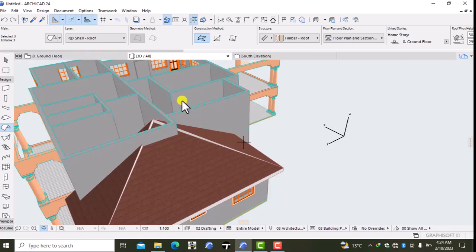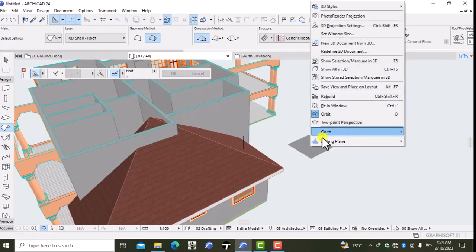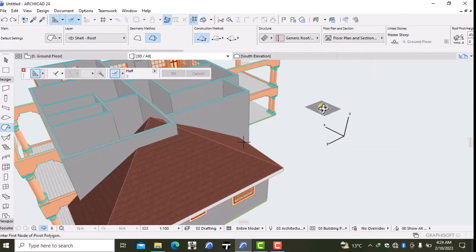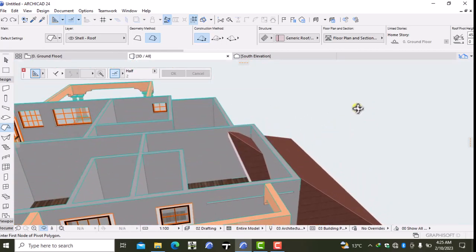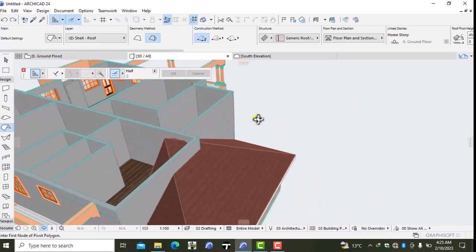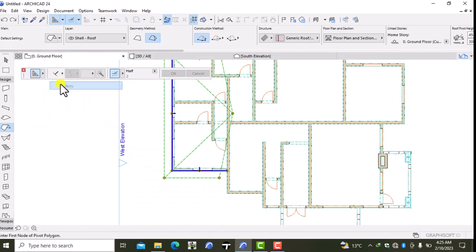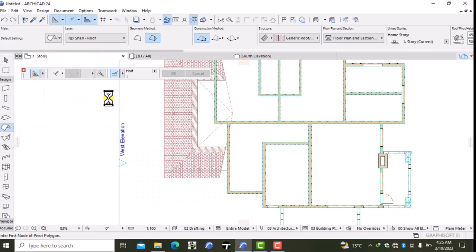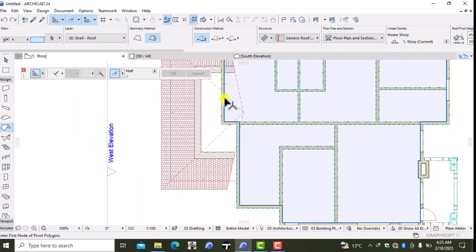So I go to 3D. At what edge do I have this? I have this coming at this point. Okay, so from this point, what I want to do, I'll just split using my split tool and just be able to get rid of these planes over here. Just basically delete these planes. So I want to see if these planes are visible from my first story, and if you can be able to just delete them. So I can just select this plane